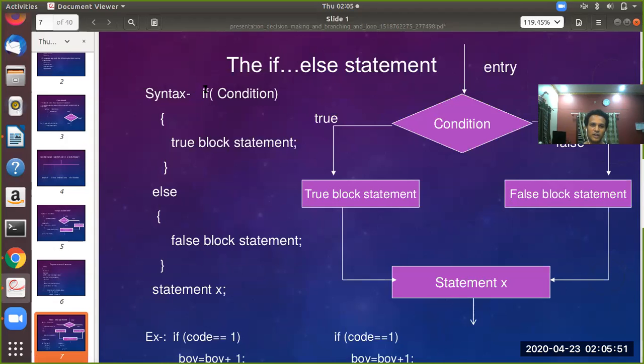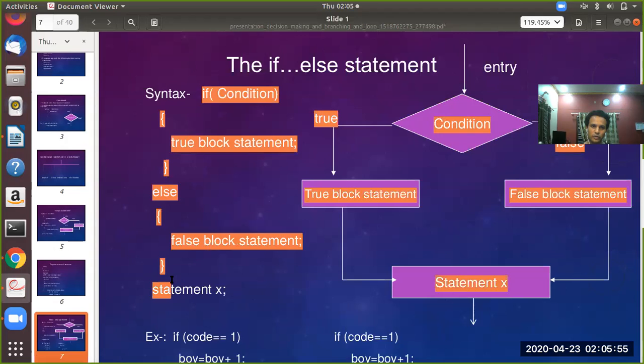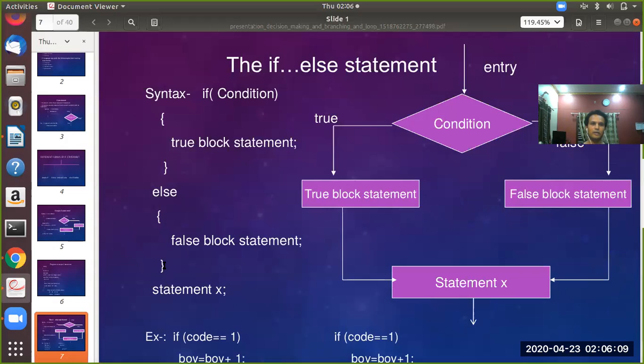When I say if else statement, it includes the if condition, all the brackets, and up to this is called one if else statement. When I say statement X following the if else statement, it means it includes the if from here till here, the true block and then the else block of code, and then this last line.